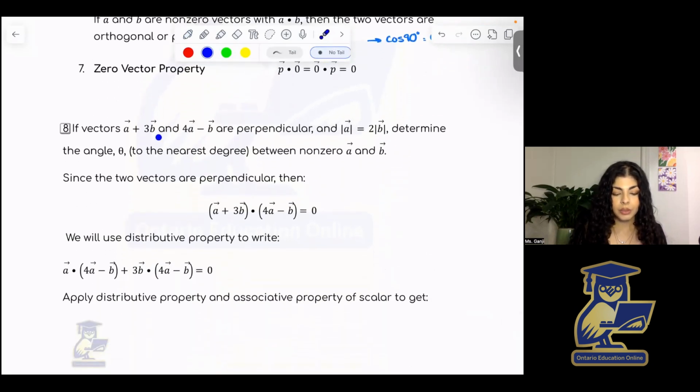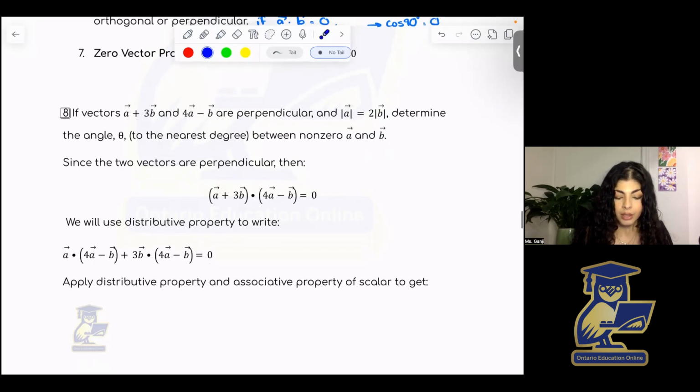If vectors a plus 3b and 4a minus b are perpendicular and the magnitude of a is 2 times the magnitude of b, then determine the angle theta between the non-zero a and b. So keep in mind, this is not vector a and b that are perpendicular. It's a linear combination of them. Now, we also have one other given that's going to help us when applying the dot product. And we want to find the angle between A and B, again, which we're going to find from the dot product. So since these two vectors are perpendicular, then A plus 3B dot product 4A minus B is equal to